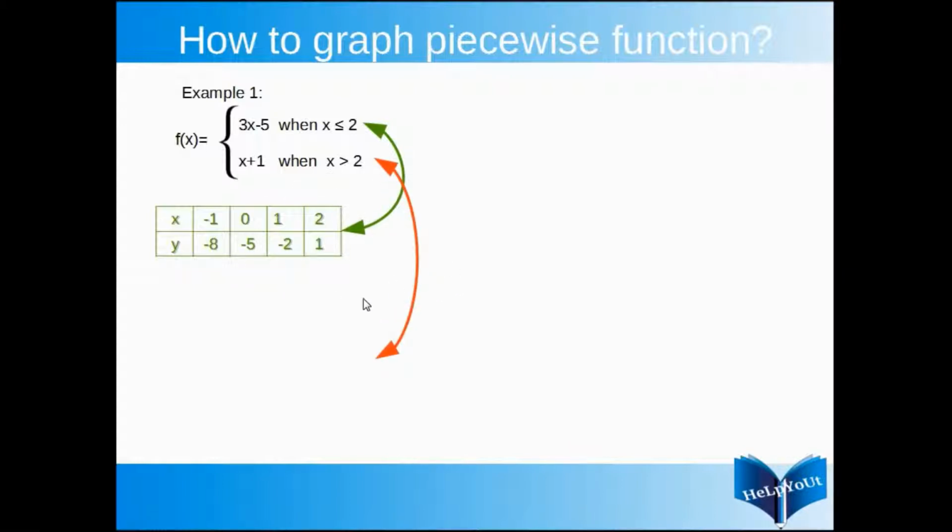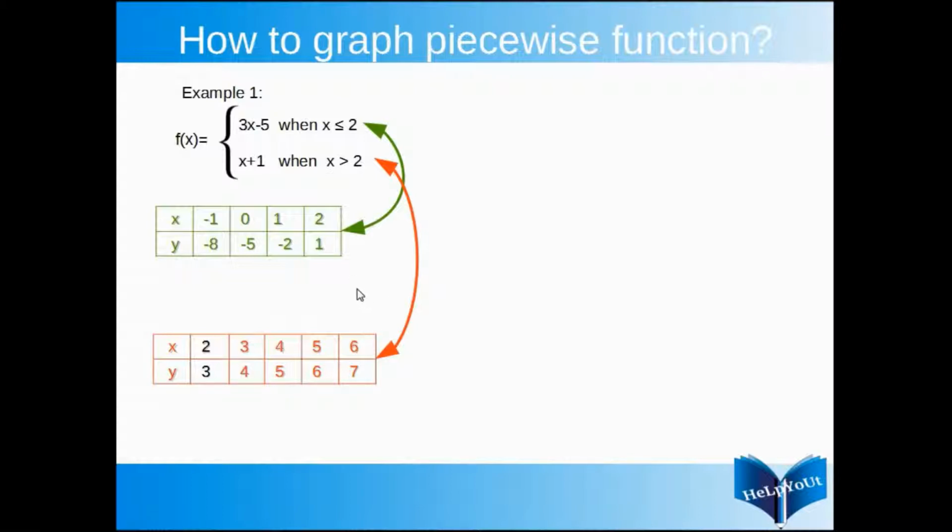For the next one, here is another table for that. Here, see, I have made for x equals 2, y equals 3. When we put x equals 2 here, 2 plus 1 is 3. But 2 was not really here because 2 was with the first function, because there x was less than or equal to 2. In the second one, x was just greater than 2. But we can get close to 2, say 2.00001 or something. For that, y will be really close to 3.